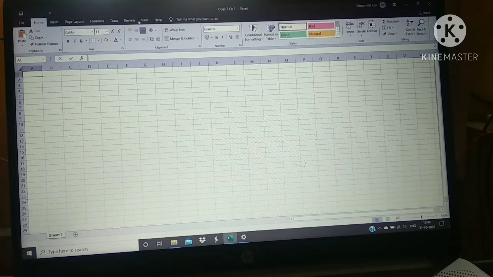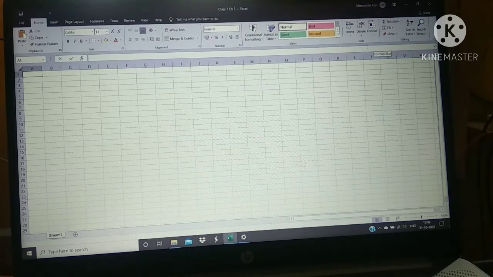This one is called the toolbar. This is known as the window controller, that means you close the window by clicking on this option. This is called the title bar. This one is called the ribbon area. This is called the formula bar.